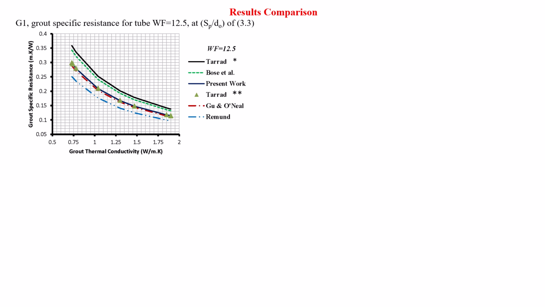The variation of the group specific thermal resistance and its variation with the thermal conductivity can be shown in this figure for the geometry G1. And it's clear that all of these correlations have the same trend. We have the maximum value around 0.35, where the thermal conductivity of the grout was 0.73, and it has been predicted by